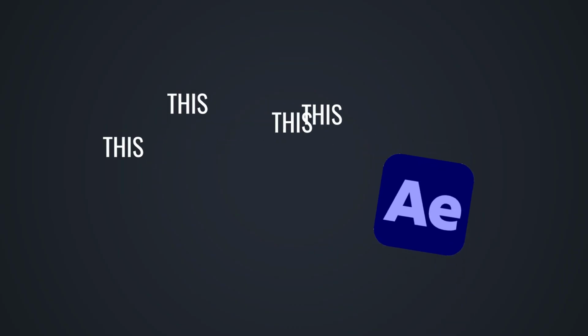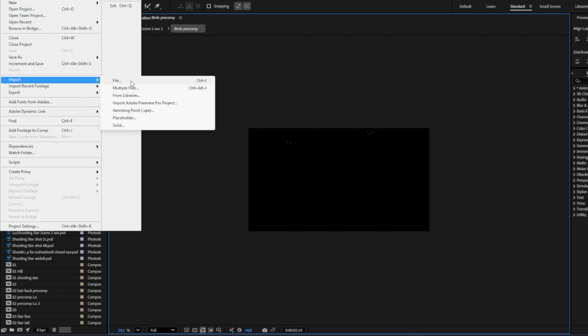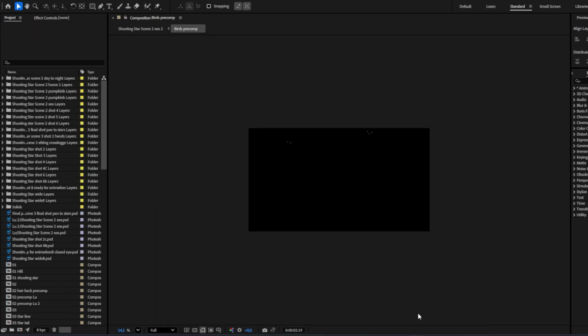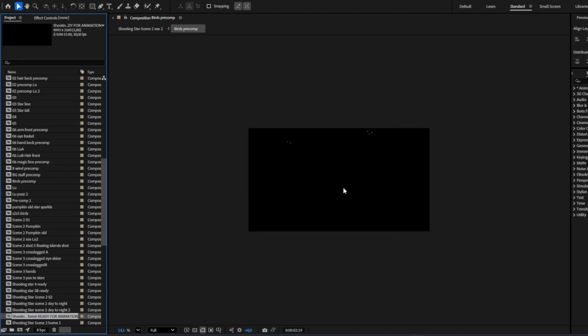It's time to load this all up in After Effects. The cool thing is, we don't have to save all the individual layers and import them separately. We can import the PSD file directly into After Effects, and the program will ask us how we want to import this. I'm importing this into an existing After Effects project because this shot is part of a longer animation video,